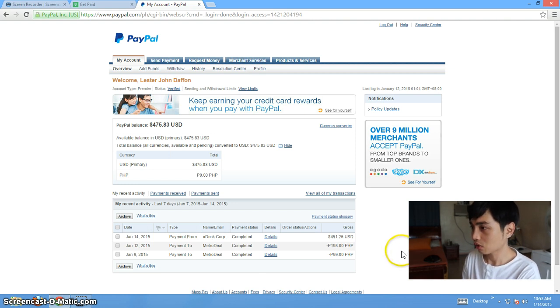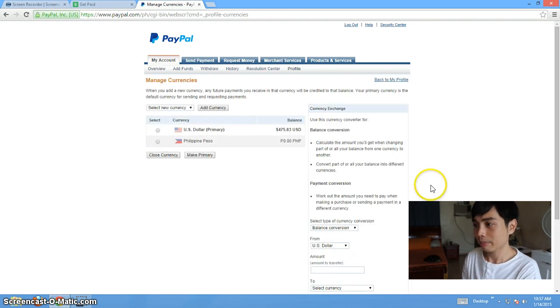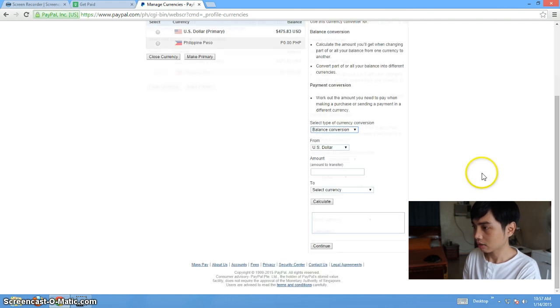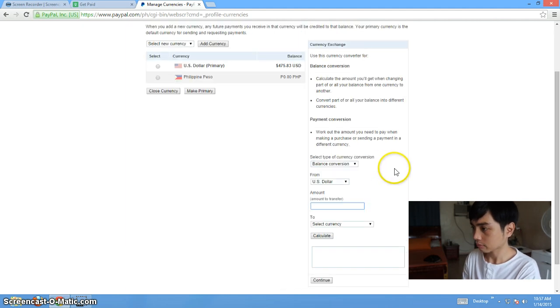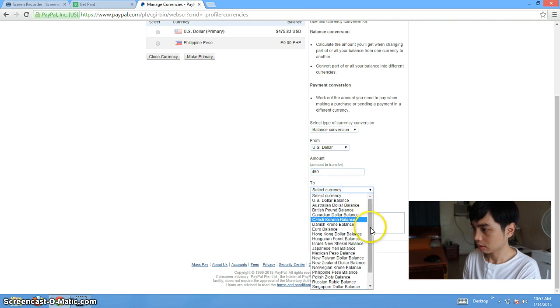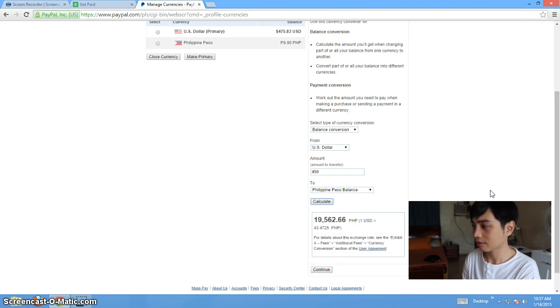So anyway, we need to convert this to our local currency, which in my case is Philippine peso since I'm in the Philippines. From US dollar to how much? I'm gonna withdraw 450 to Philippine peso. Let's see how much it is. Oh, it's a little high today. $1 is equivalent to